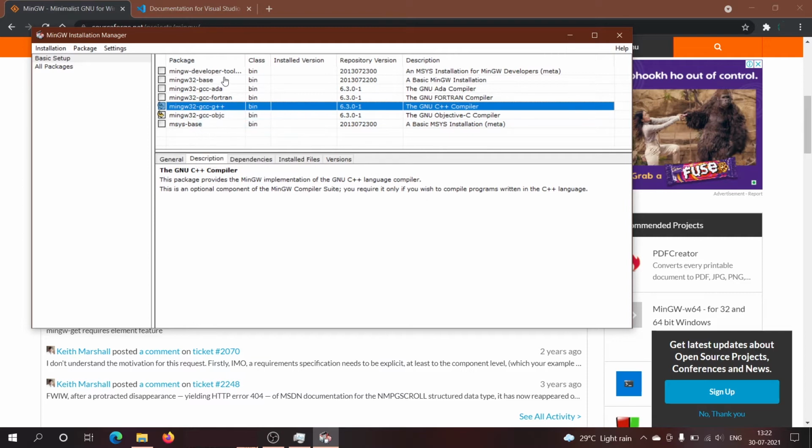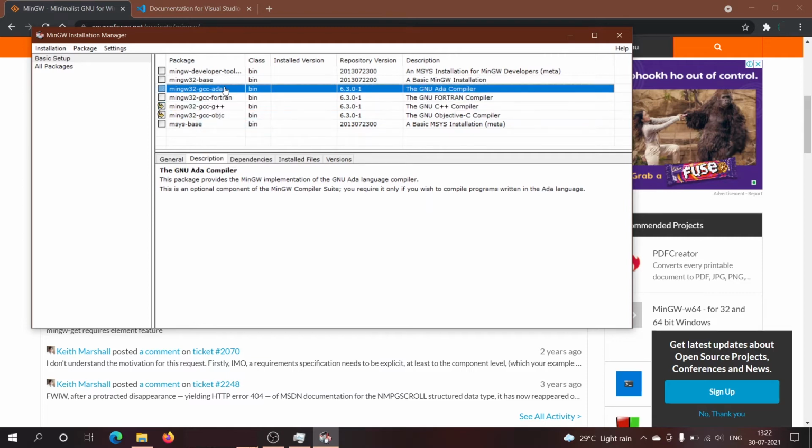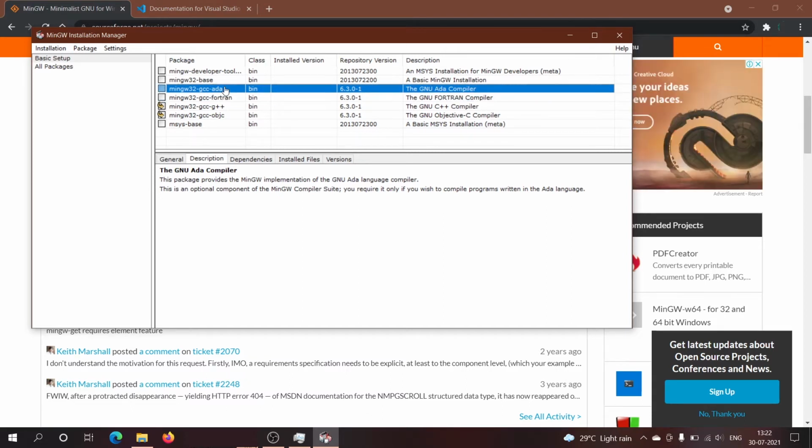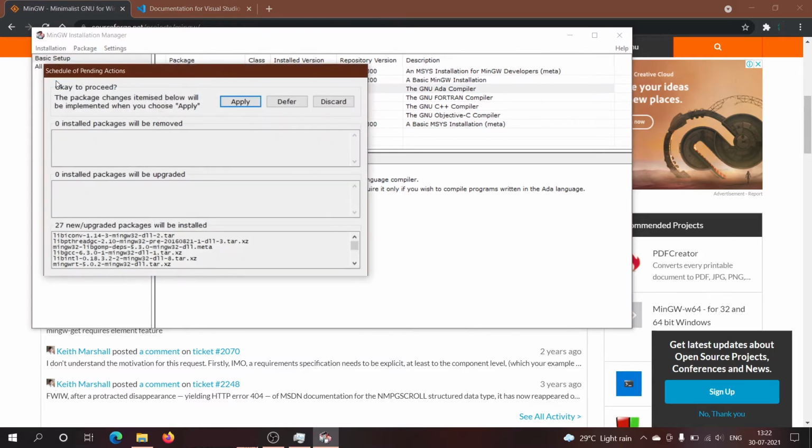If you plan on running Ada or Fortran programs, you can mark them also, but I do not plan to do so, so I only mark these. And click on apply changes.